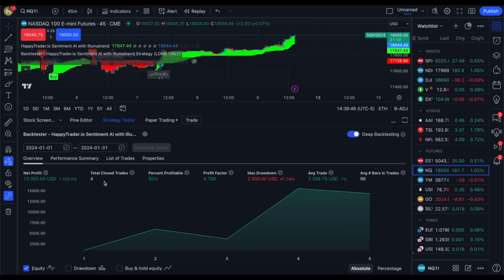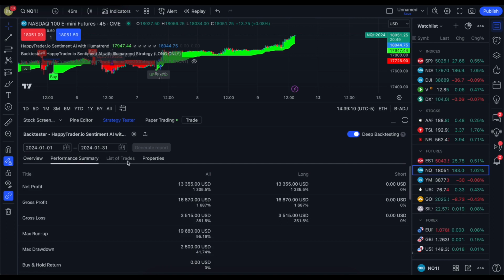So even if you're doing it on paper trading, right? That's what's really cool about Happy Trader. And you can see here that the NAS is just dragging us down to positive territory. But 4 trades to be able to make 1,300% in 1 month. I think the best hedge fund out there is only doing 60% a year, right? So that should speak to how powerful this product is.